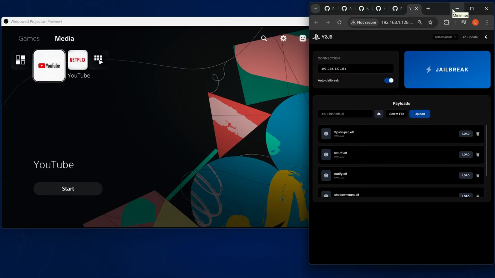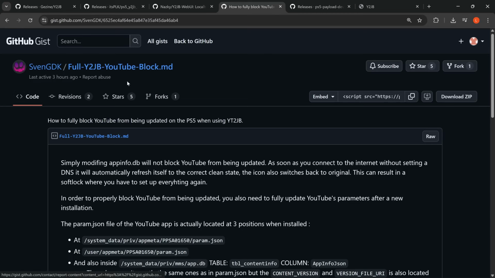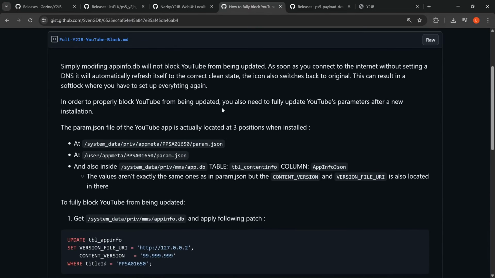So the last thing that I wanted to cover here is a new update blocker. This one is from Sven GDK, and this is meant to be a more complete update blocker for the YouTube jailbreak. We've had this issue for a long time with YouTube jailbreak, even with the current update blocker with that one database file that you can modify. The YouTube application can still get updated if you connect to the internet unprotected without any kind of DNS on there. That's why I normally say you use the DNS address of